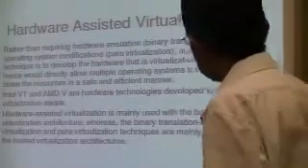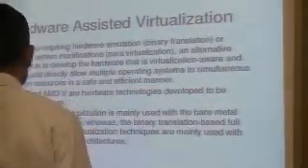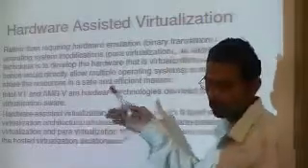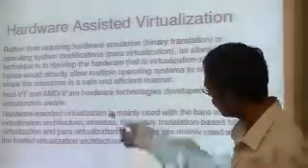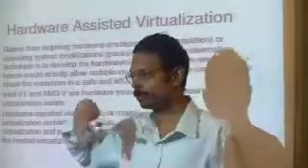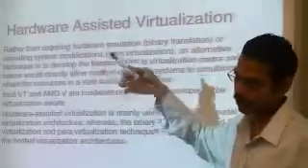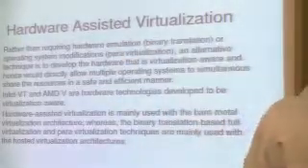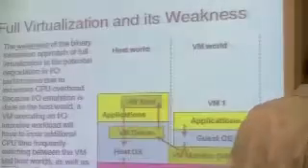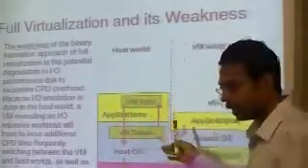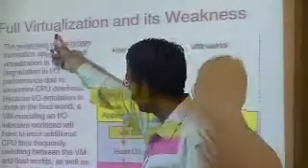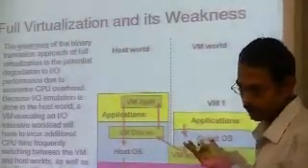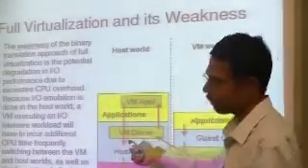Now the third one is called hardware-assisted virtualization. The first two, binary translation and para-virtualization, as I said, could be used for implementing a hosted architecture, whereas hardware-assisted virtualization is used to implement the other category, which is called the bare metal architecture. Why? Because of the things that we saw so far, in the first implementation of full virtualization, we didn't change anything with the guest operating system. We let everything be run by the host operating system.